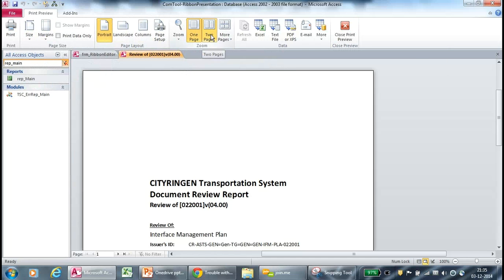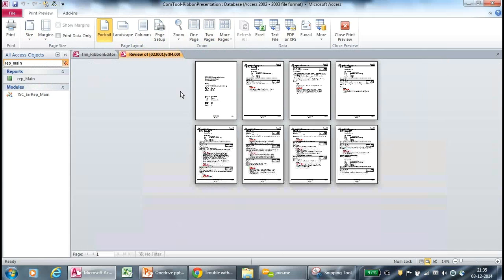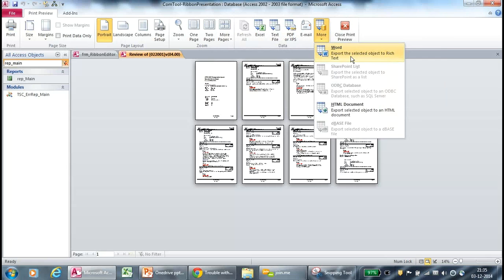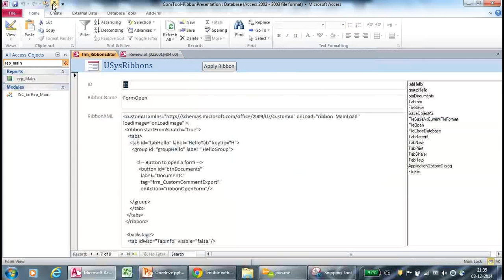The ability to show 2 pages at once, 12 pages at once, if that's what the user wants to do, that could be pretty useful. I might also not want them to be able to do all of these exports to Word, HTML, email. I might want them to have the PDF option. That's pretty nifty as well, but that's all I want them to be able to do. So if I go into my ribbon editor again,